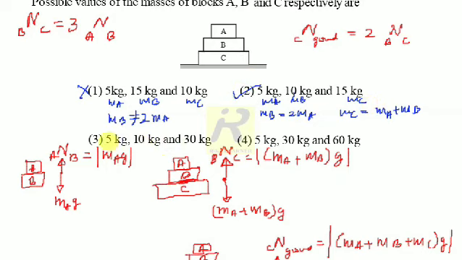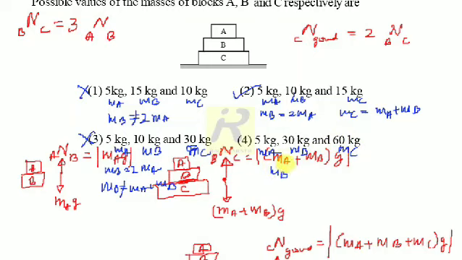Once we check this one, definitely it is MA and this is MB. So MB is 2 times MA. That is correct. But here it is said 30, right? It is MC. But MC is not equal to MA plus MB, right? So this option is wrong. And finally, when you check this one, this is MA and this is MB. Of course, it is MC. But here also MB is not equal to 2 times MA. So this option is also wrong. So only one correct choice is option